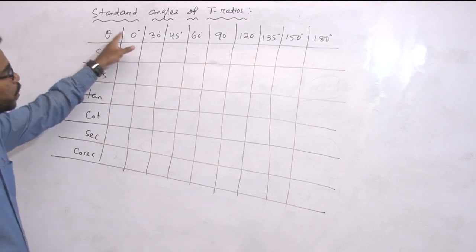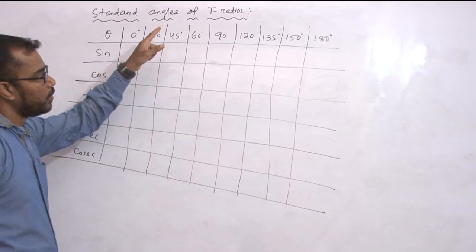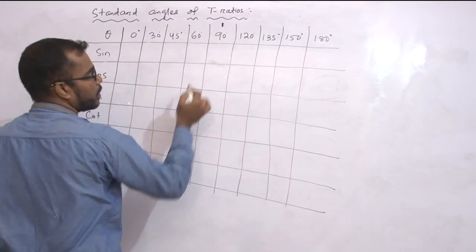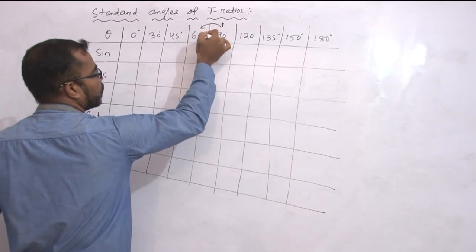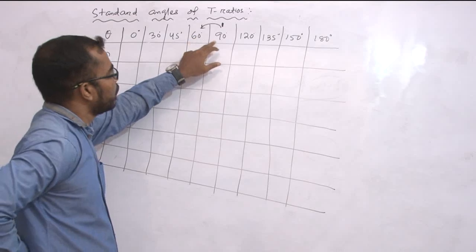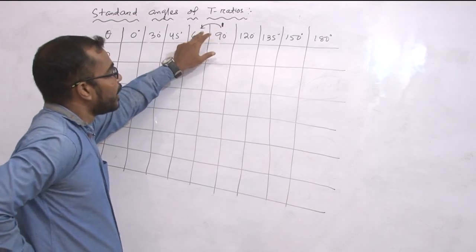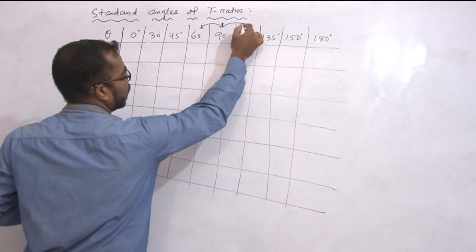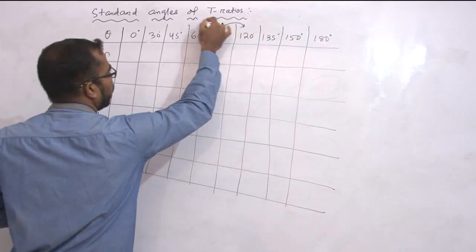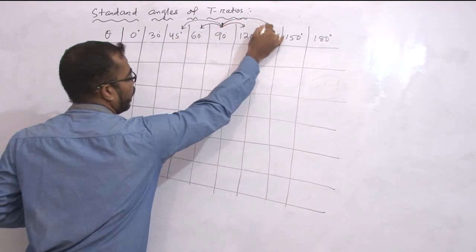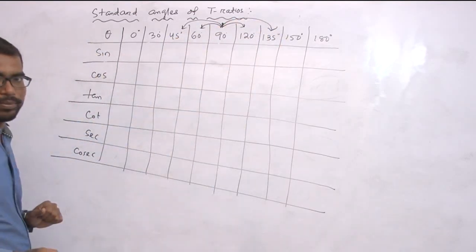So how to know the angles? We take 90 as the normal point. Before it, the number is 60, so it is less than 90. If we subtract 30 degree, then we get 60. If we add 30, then we get 120. If we subtract 45 degree, then we get 45. If we add, then we get 135.